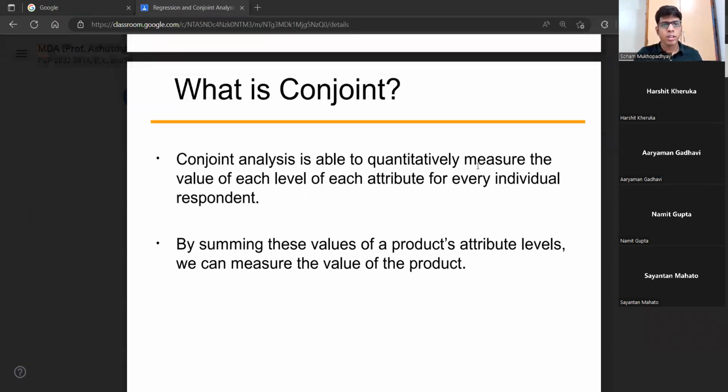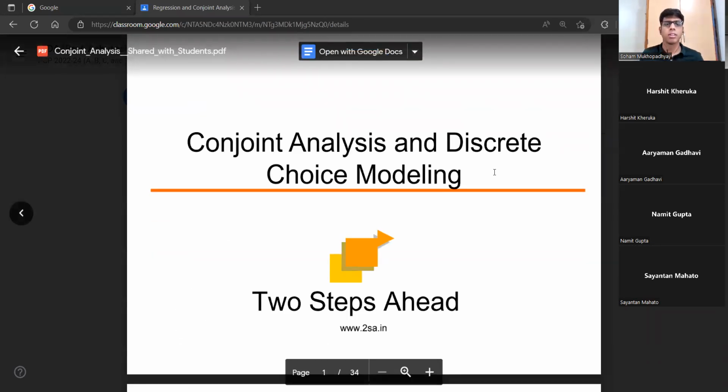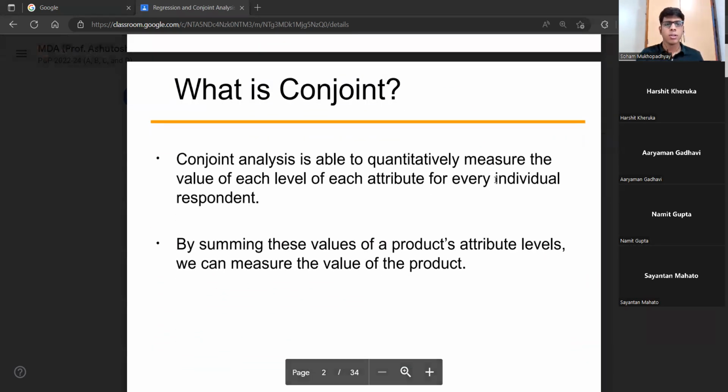Hi, so we'll continue with the third technique, conjoint analysis. What happens in conjoint analysis is, instead of collecting data cognitively like we used to